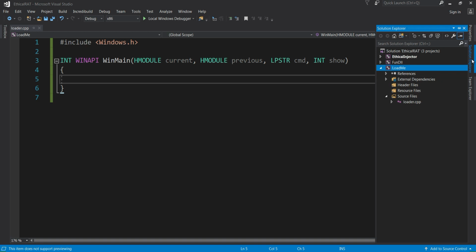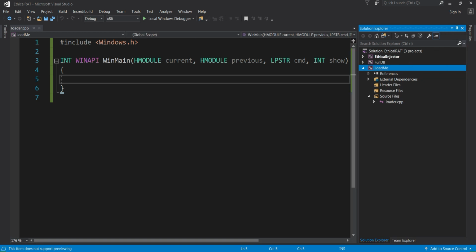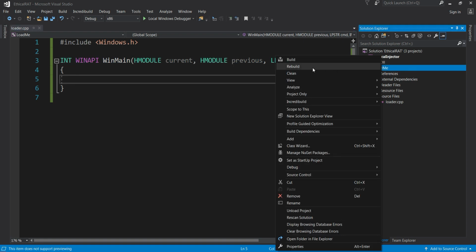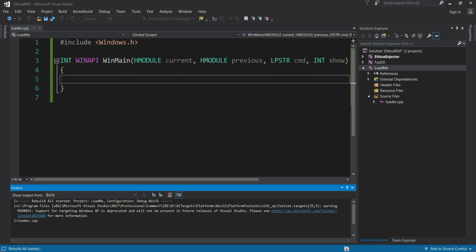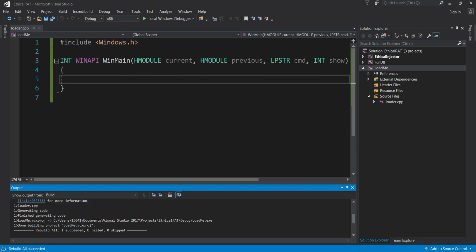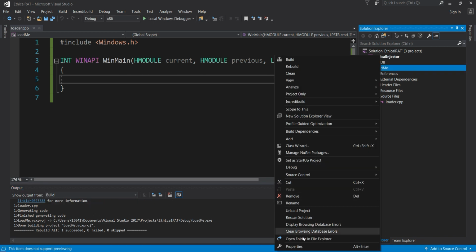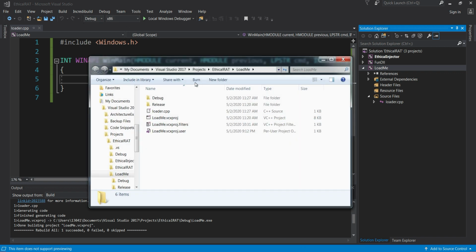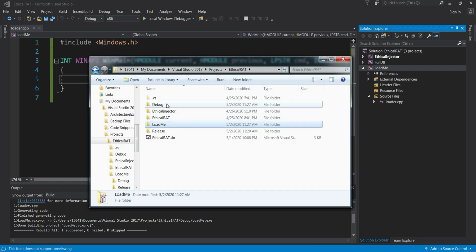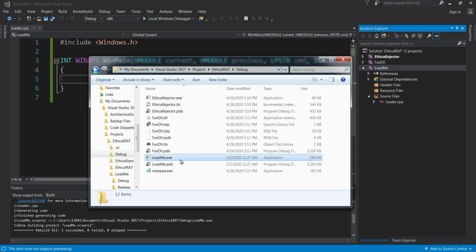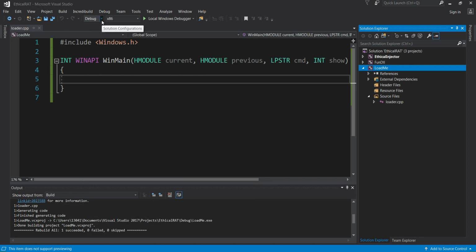Let me show you a difference. Since we are in debug mode and we're using this entry point, if I right click and rebuild this project and open the debug folder, keep in mind this is in debug mode, you see that the load.me has 280 kilobytes. But when we build it in release mode,